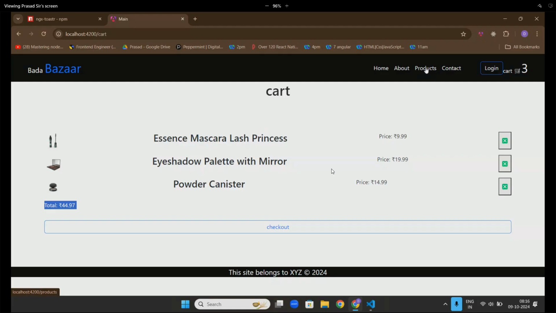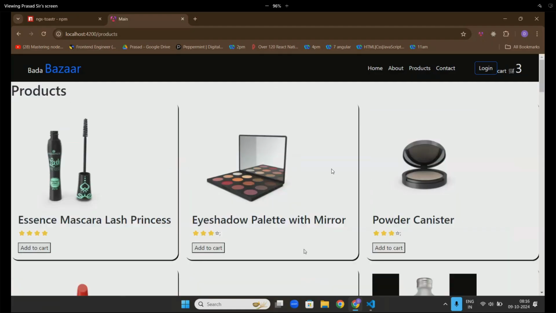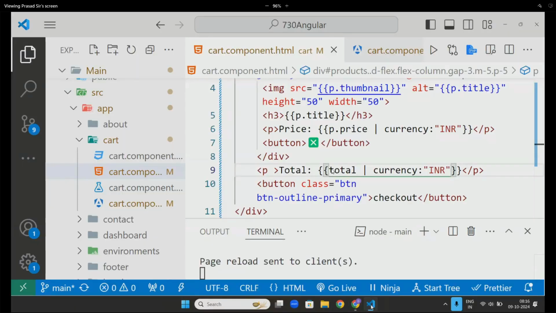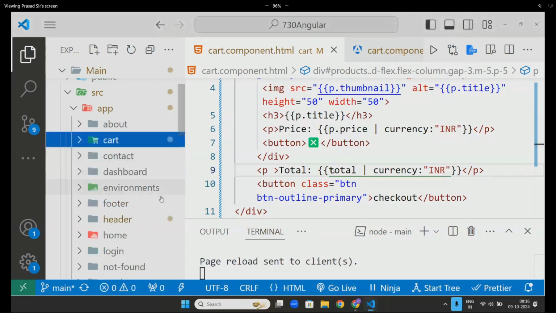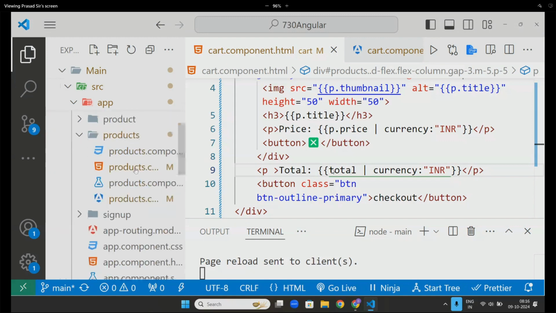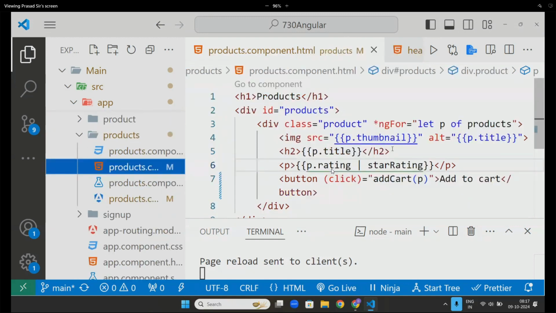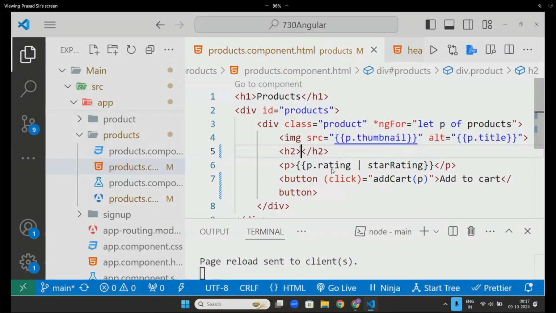Next. Only one logic I need to put. Each product's page. Each product will also have its own page. So how do you put it? Now go here. You can implement that. Quickly we will do it. Where is the products page? Inside this one. I will make it here as an anchor tag. I will use href only, not router link.